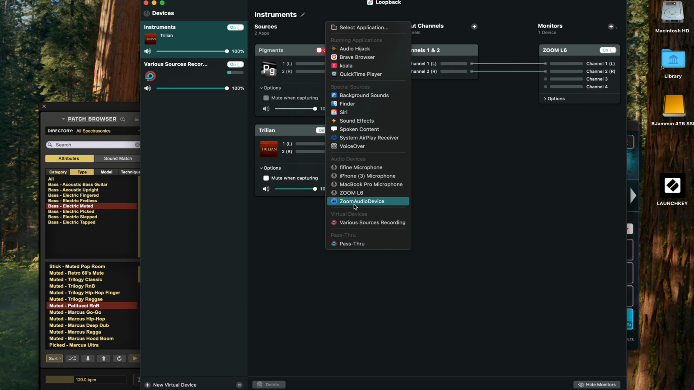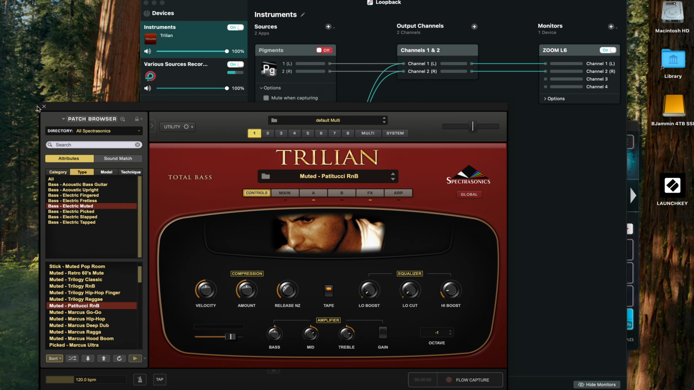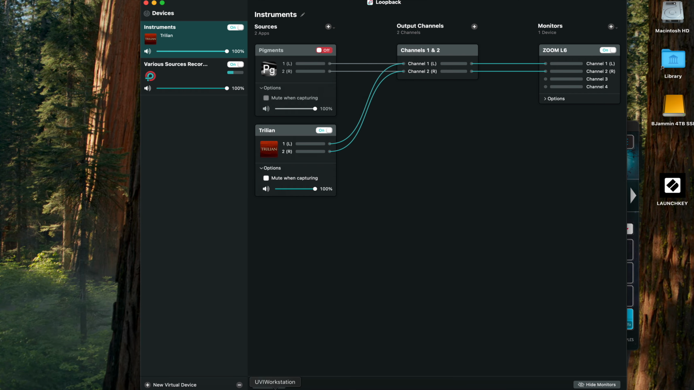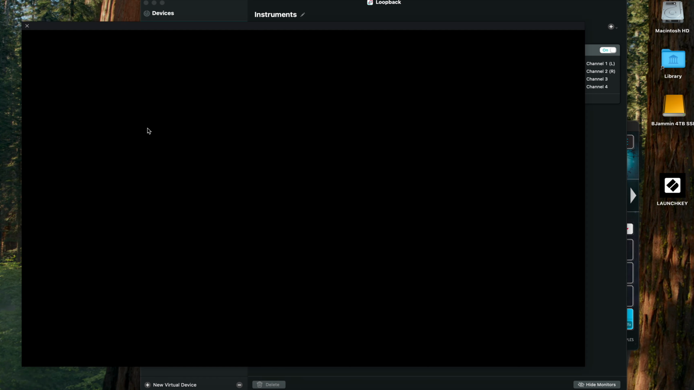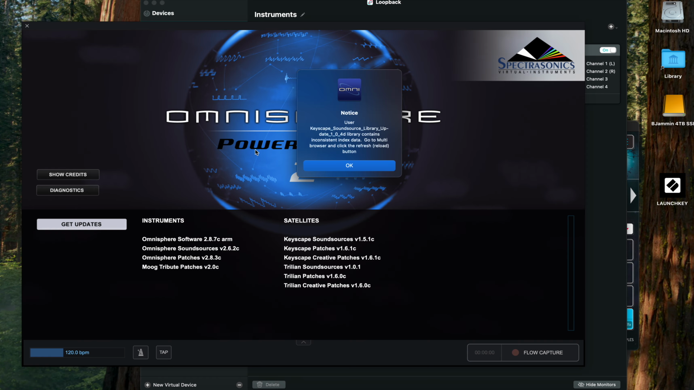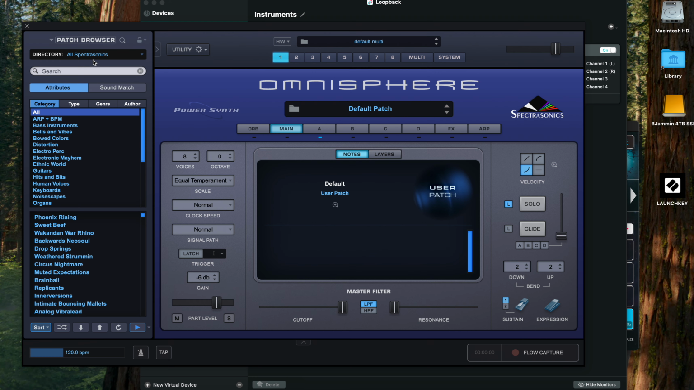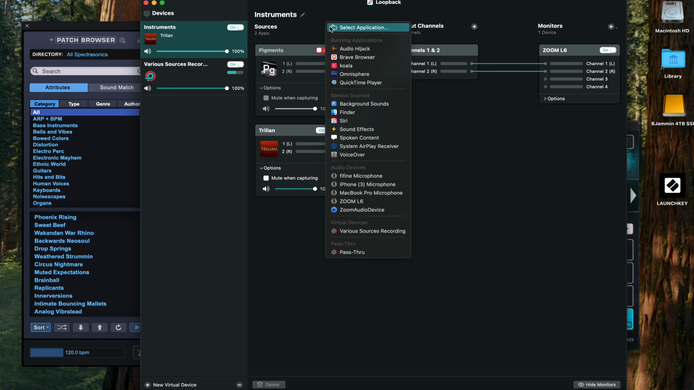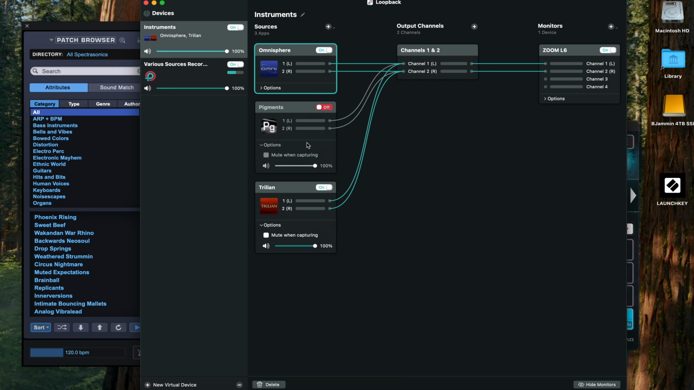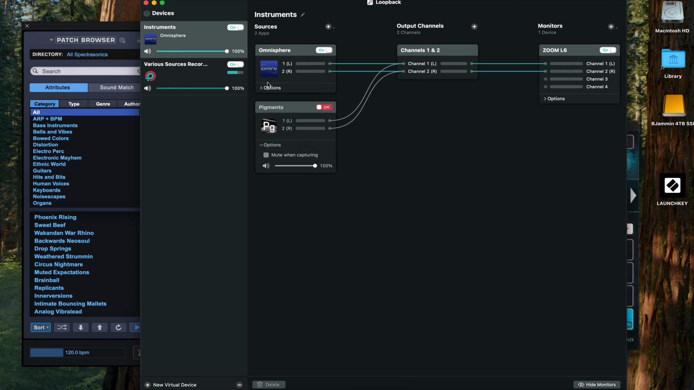Let's see, Omnisphere. Where is it? Oh, it must have closed down. Let me close this one and open up Omnisphere, because Omnisphere has Keyscape, Trilian, and of course Omnisphere inside of it. So technically, I could set up Omnisphere like this, get rid of Trilian, and just do everything from Omnisphere